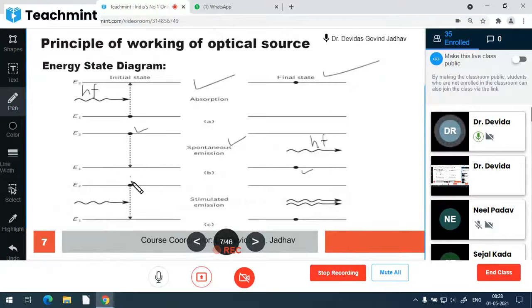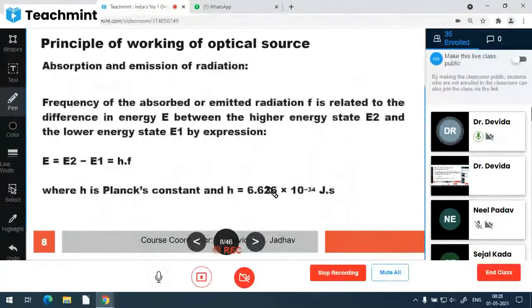Similarly, if the atom is in the higher energy state, an external photon interacts with that atom, and that external photon, which has energy equal to the band gap energy of the atom, makes the atom emit one more photon by making the atom transition from higher energy state to lower energy state. Both the photons have the same energy, that is same frequency, same wavelength. So this is monochromatic, and both photons are in the same phase, so it is coherent. So monochromatic and coherent is stimulated emission observed in the laser.